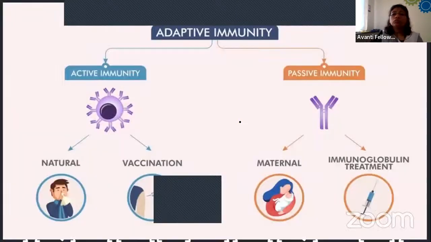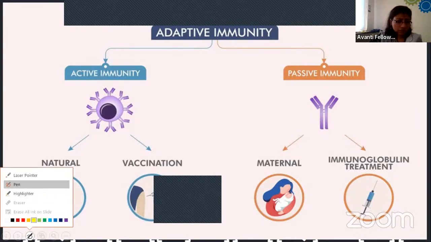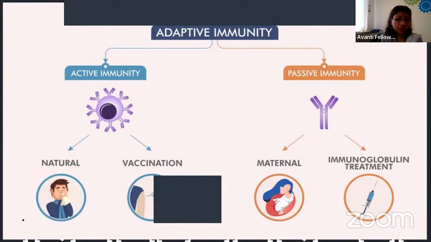Okay. Now move to our adaptive immunity. In adaptive immunity, we are talking about active immunity. So this active immunity can be of 2 types. They can be natural or they can be produced by vaccination. Natural, for example,